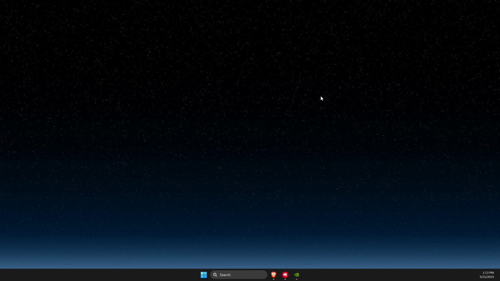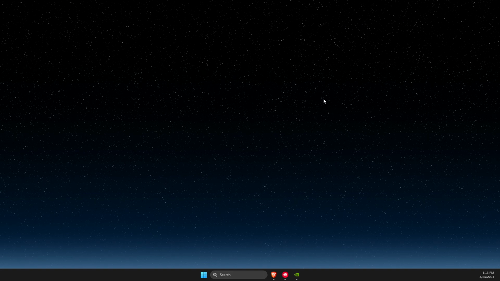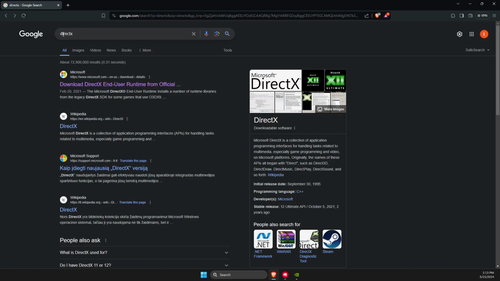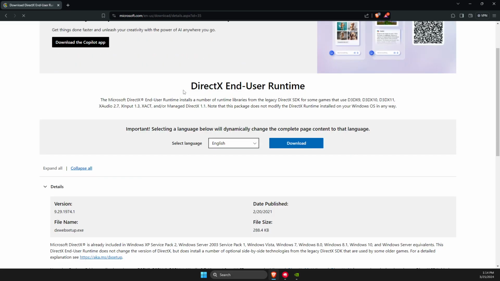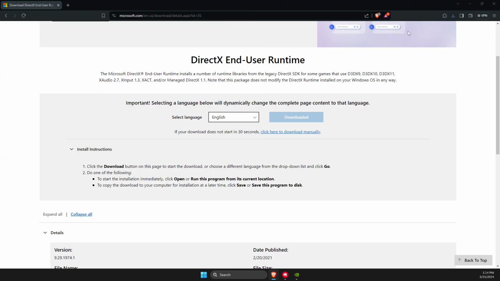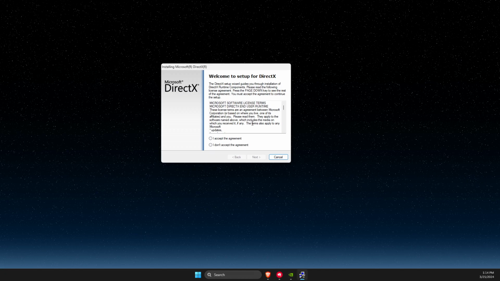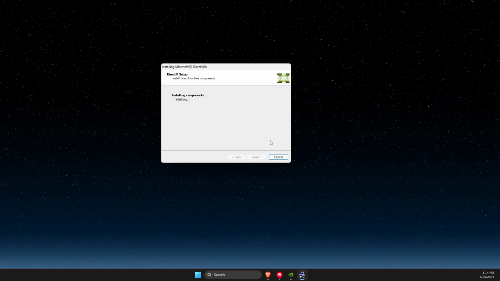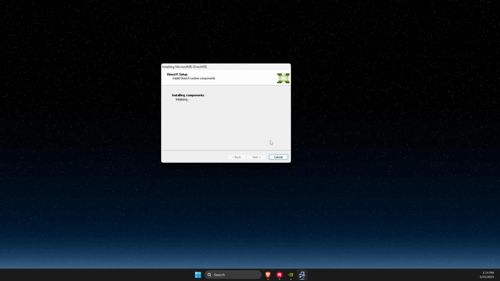And after you restart your computer, if the problem persists, another thing that you can do here, you need to open a browser. Then you just need to write DirectX, and probably it will be the first link here by Microsoft.com. Download DirectX End-User Runtime from the official website. So select that, press download, save it to your computer, and then once it's downloaded, you just need to open up the folder, not folder, setup. Press I accept the agreement, deselect this option, press next, install it, and after that just restart your computer and your problem should be